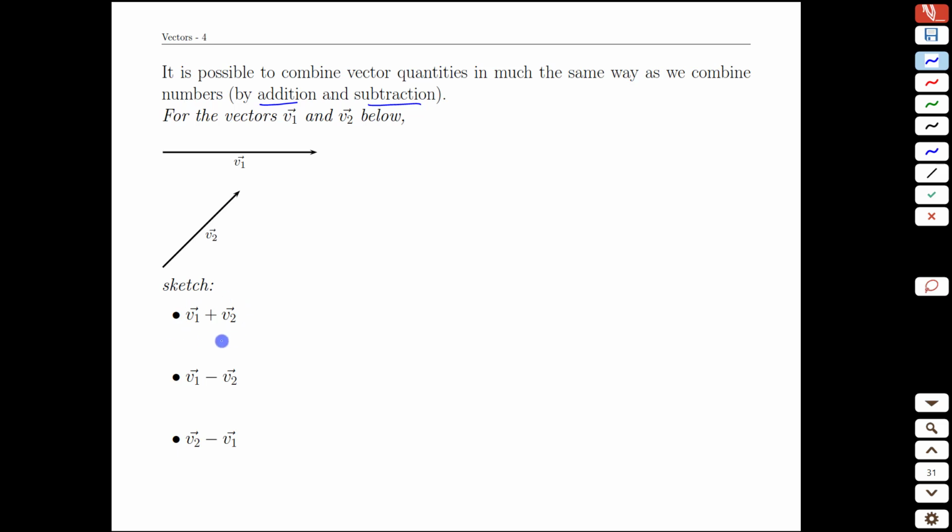The net force, or the total force, we would represent as the quantity vector 1 plus vector 2. Well, to draw that out, we simply draw vector 1, and then we take vector 2 and put it head to tail with the end of v1, and when we do that and draw our v2,